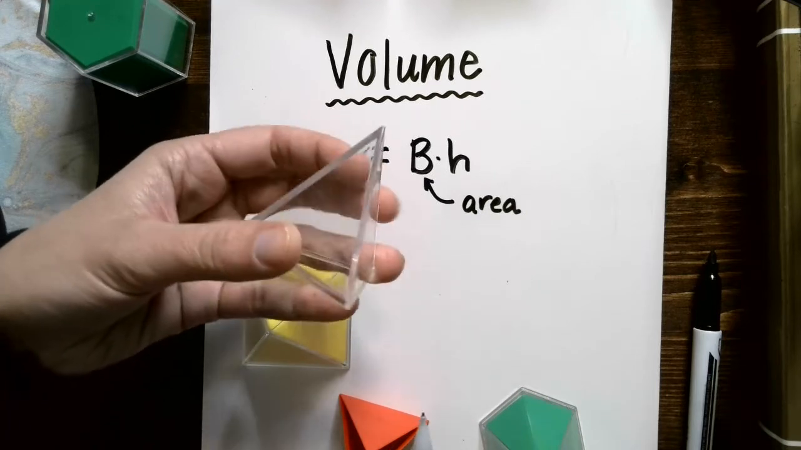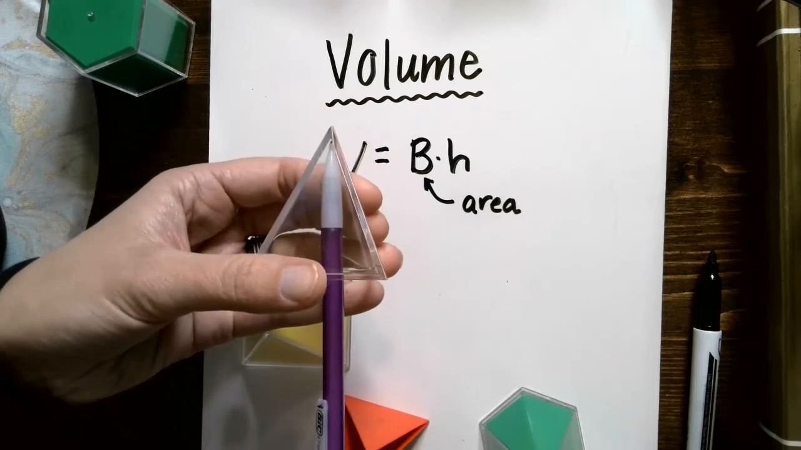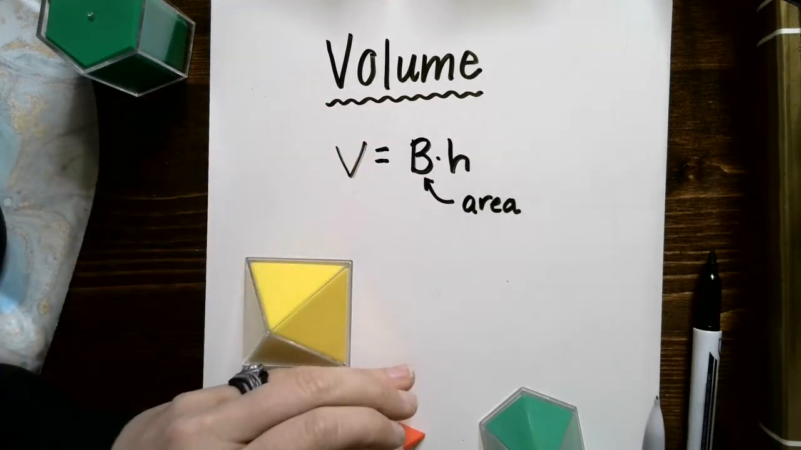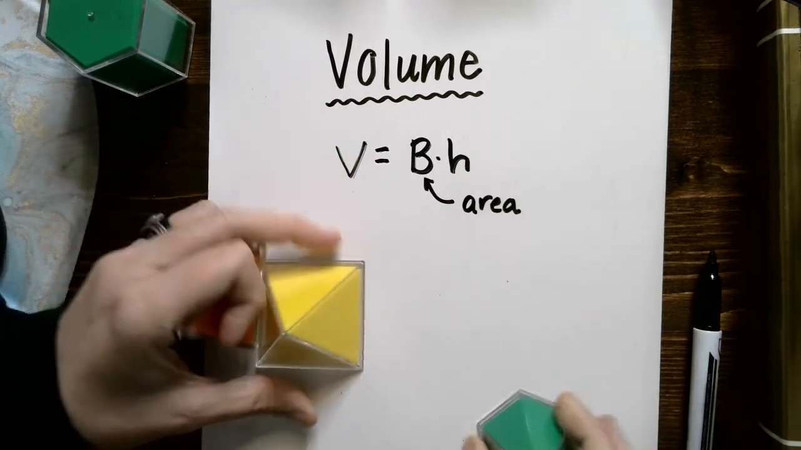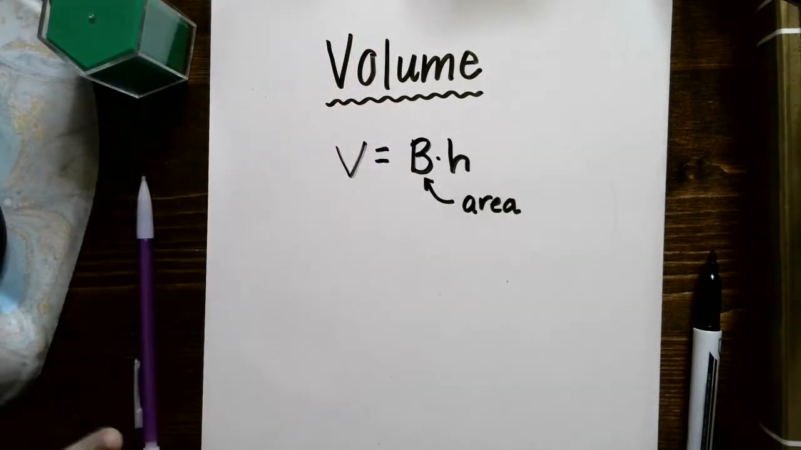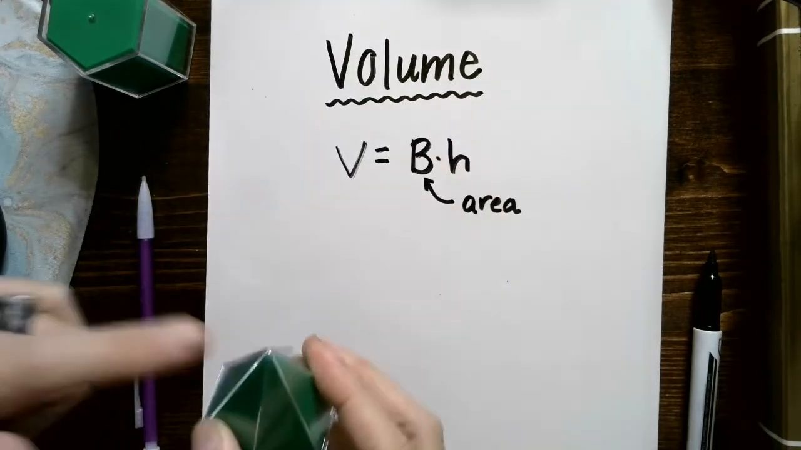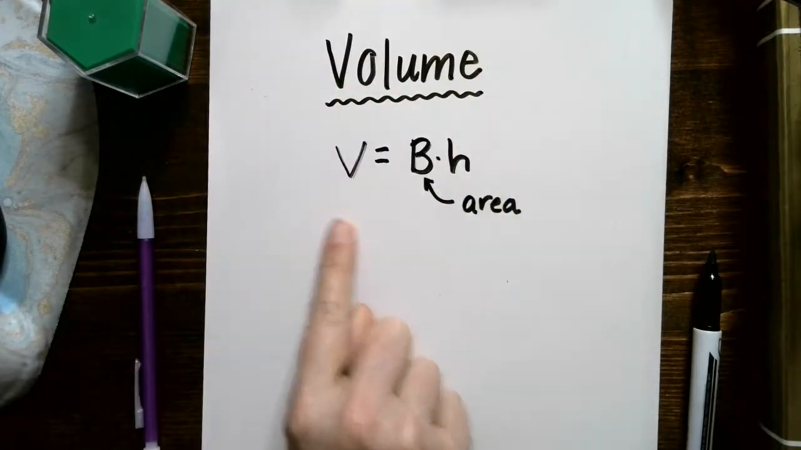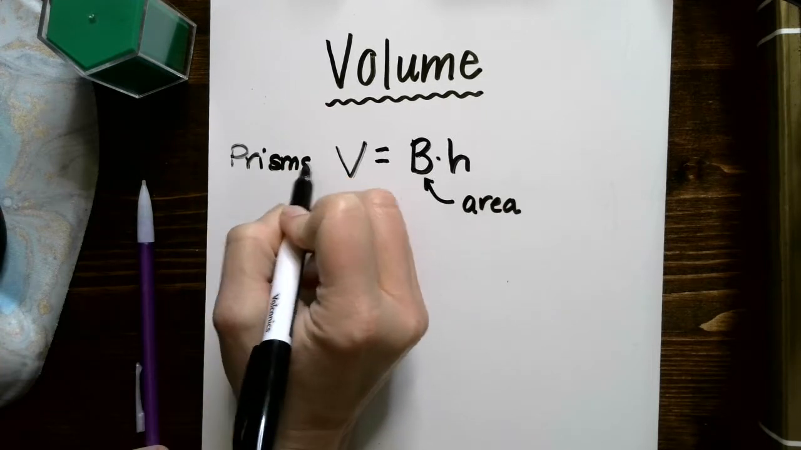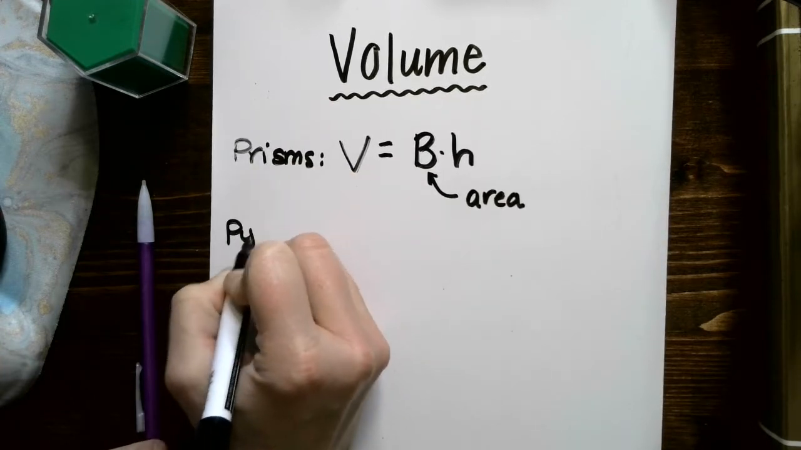The slanty bit is what we call our slant height. I know, super creative. But the height of the pyramid is what goes straight down from the top, creating a 90-degree angle. Okay, so how does this all apply? Before I go on, I don't want to forget that volume for pyramids is related to the volume for a prism. So these formulas are for prisms,